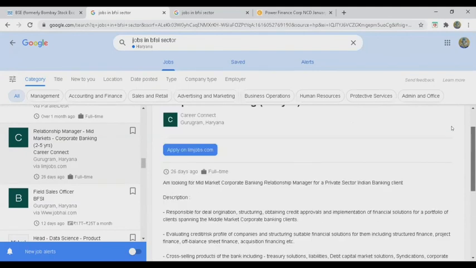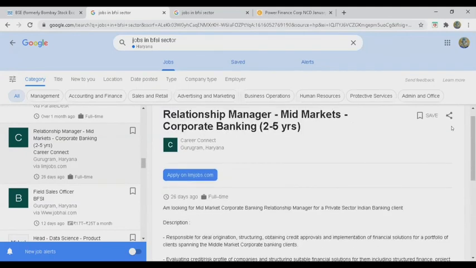So there are different types of jobs. It could begin from, let's say, a teller in a bank in the front office, to a business development executive or manager in a bank, or relationship manager in a bank, to a sales manager or an underwriter in an insurance company, to a relationship manager in an asset management company that manages mutual funds, or a compliance officer or risk control manager in a broking company, even an equity researcher, technical analyst, or fundamental analyst with a stockbroking firm or some research firm. So there are a number of different types of job opportunities out there.